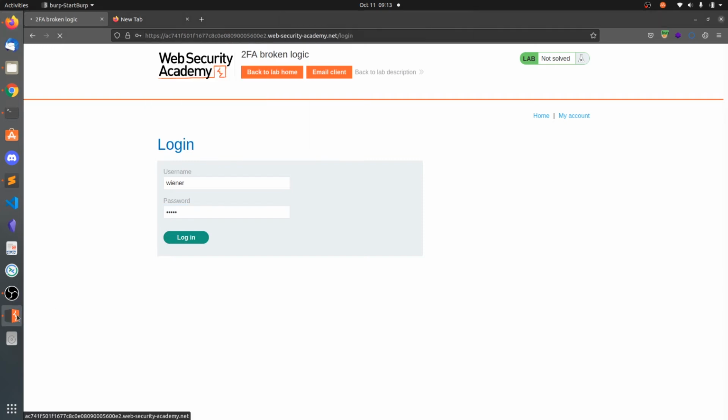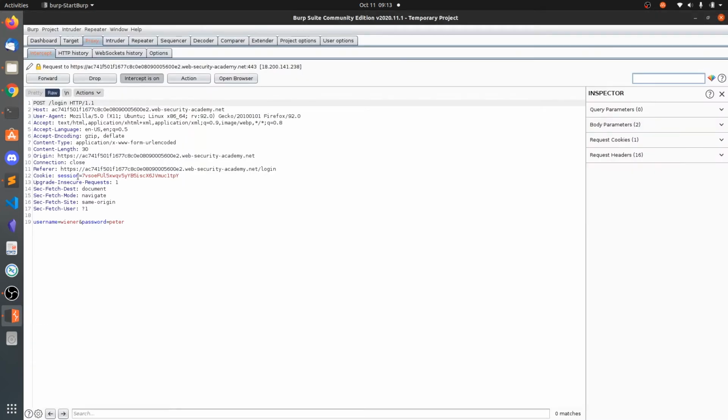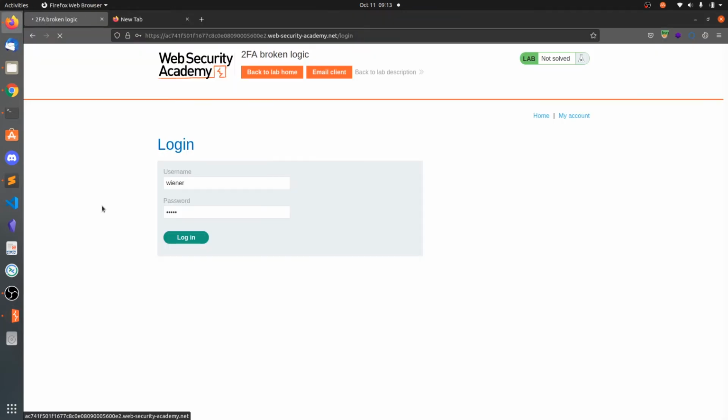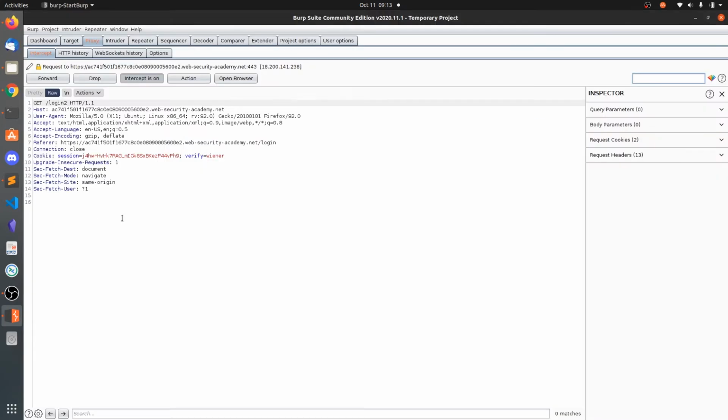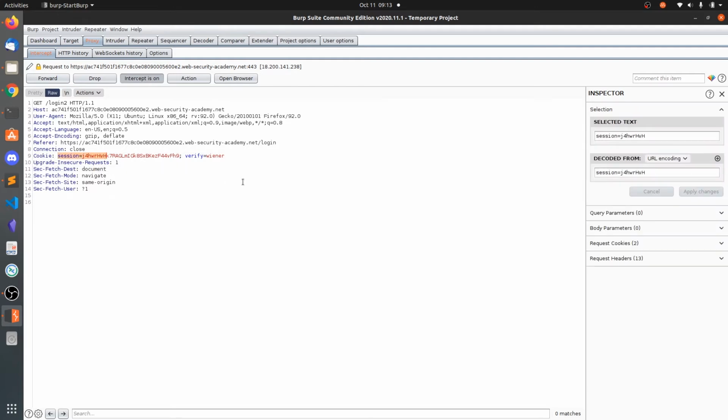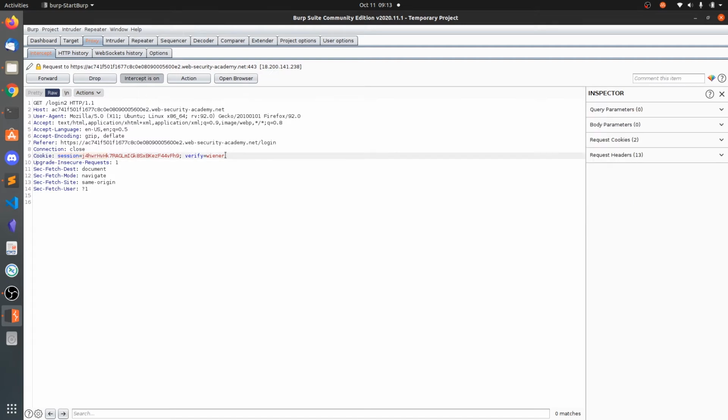So click on login. Now you can see the cookie contains the session cookie. Now forward this, and here you can see we are getting the login2 page. Okay, we have the two variables, the session parameter and the verify parameter. Now what you can do is you can change this verify to Carlos and the OTP will be generated for that user.